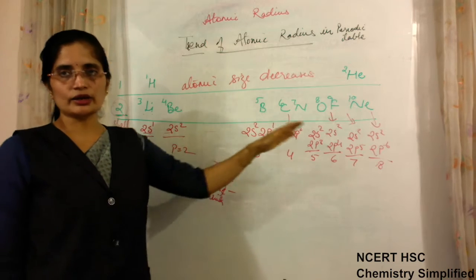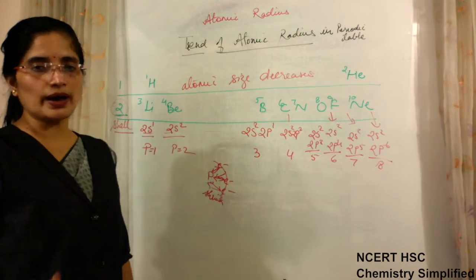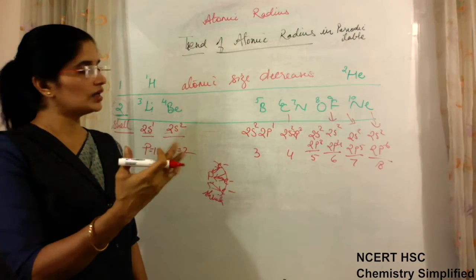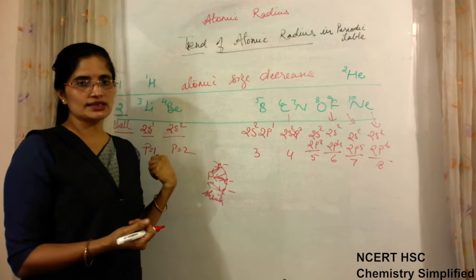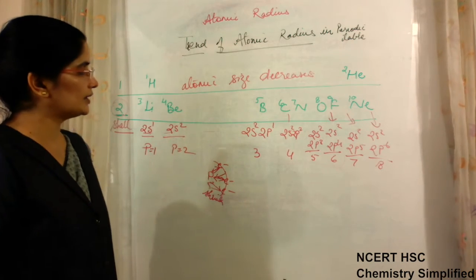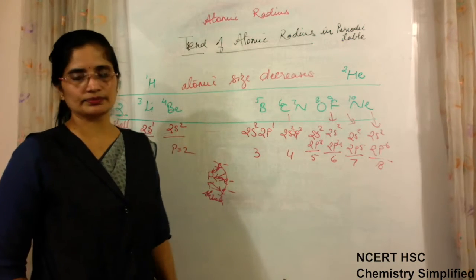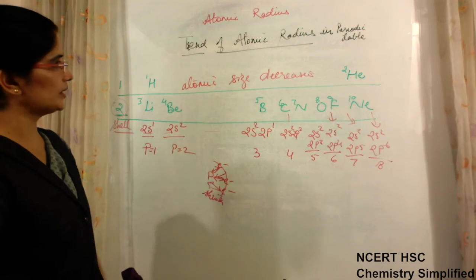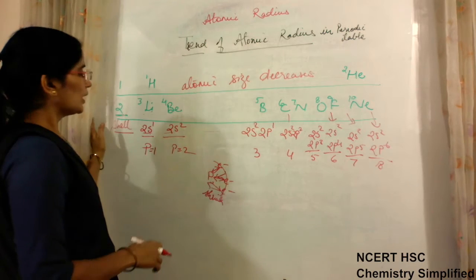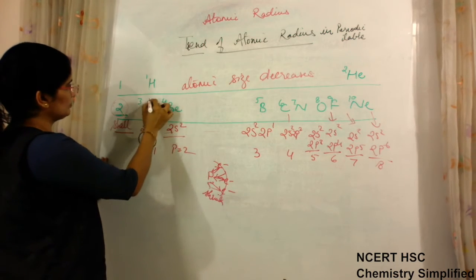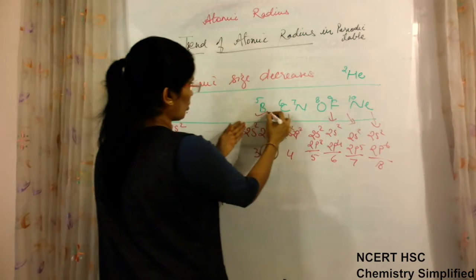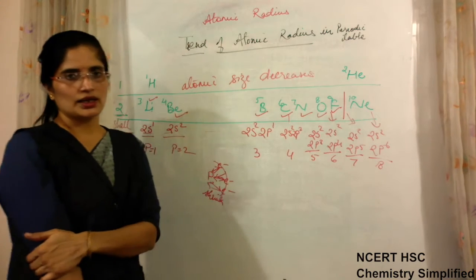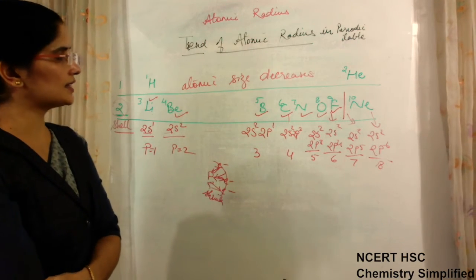Though the number of electrons is increasing, still the size is decreasing. Why? Because nuclear charge is increasing, and this increased nuclear charge pulls the shell inside, shrinking of the shell occurs, and this results in a smaller size of the atom. Clear? So this is the reason we have smaller size in every period. If we start from lithium to beryllium, the size is smaller, smaller, further small, small and small. The size goes on decreasing. Clear?